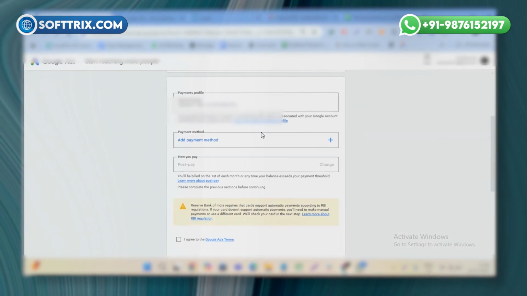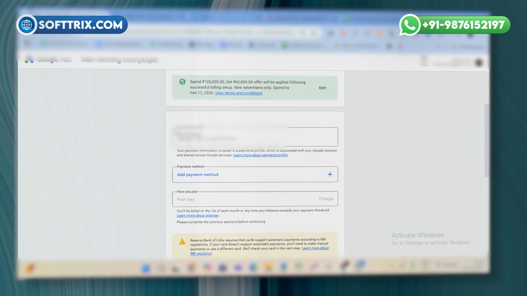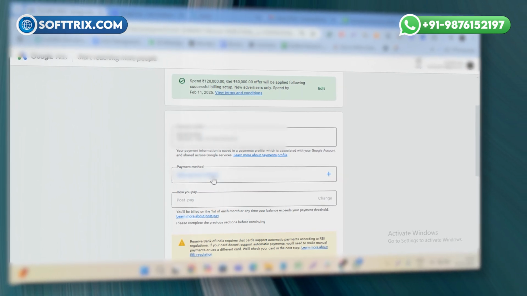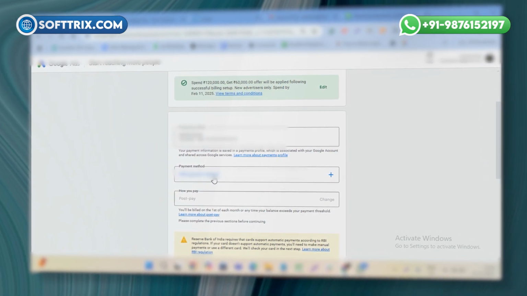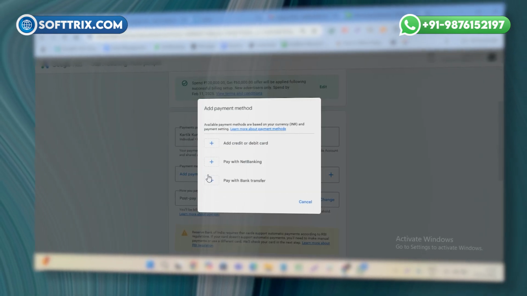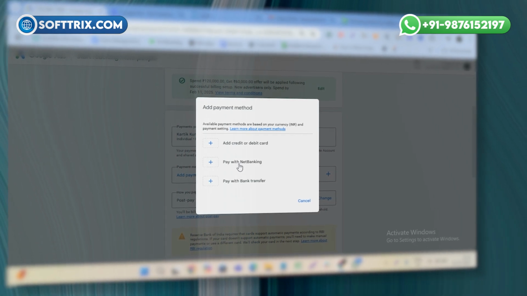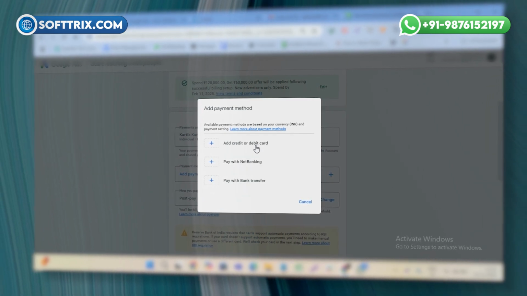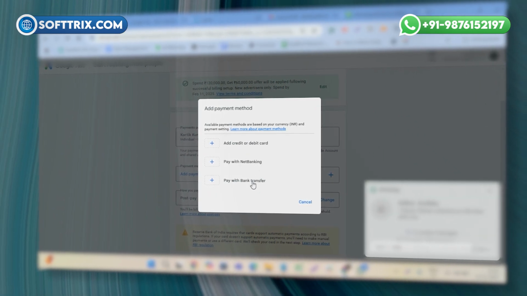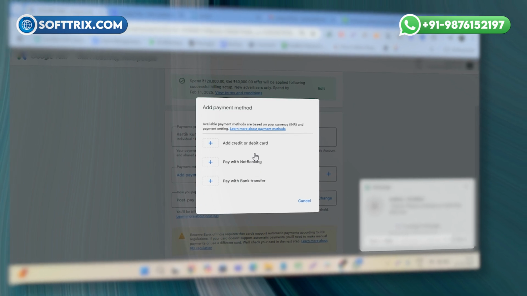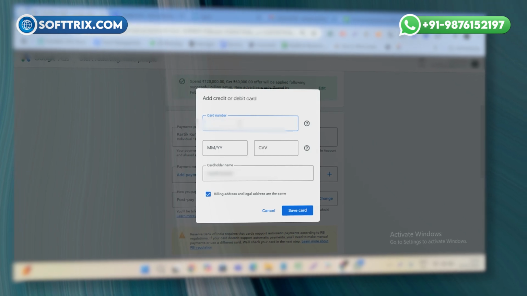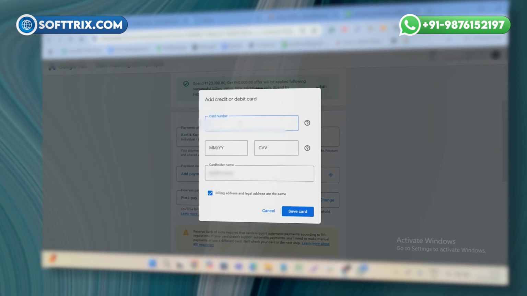This will take a moment to load up. Then the payment profile is now created. Now you can add your payment methods, like you can add your billing card. Then add payment method, and you can select which one you prefer. So let's say I have the card, so I will add the credit card. If you have net banking or bank transfer, you can choose whichever option you want. So for the card option, add a card, add the numbers,